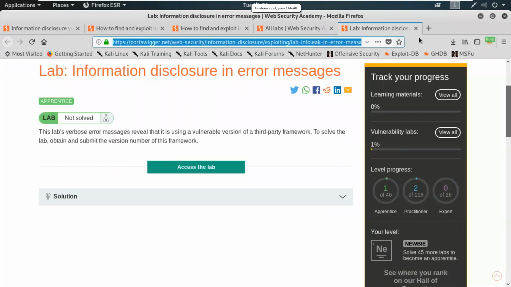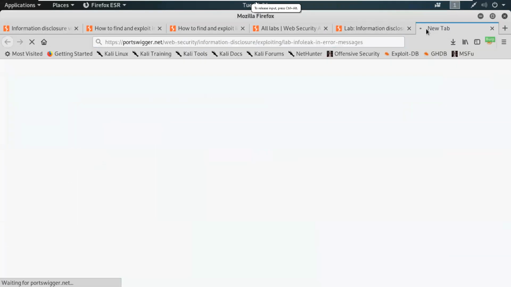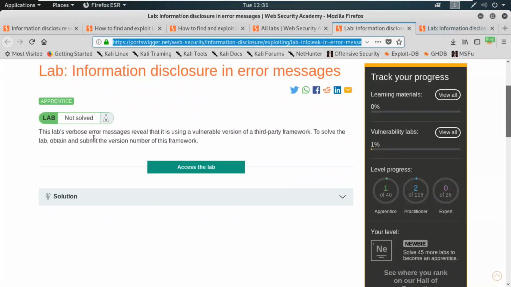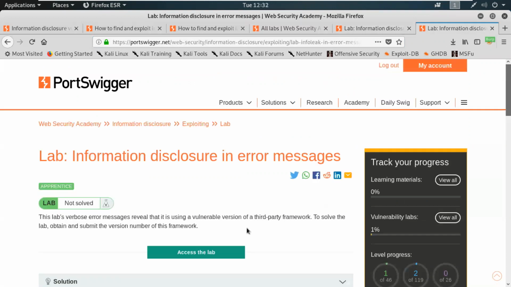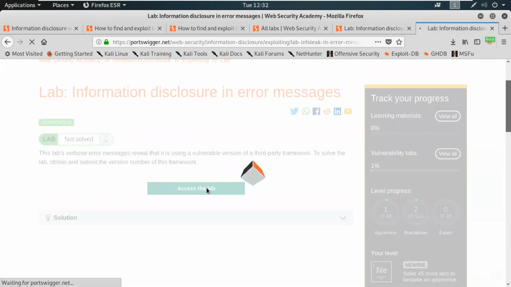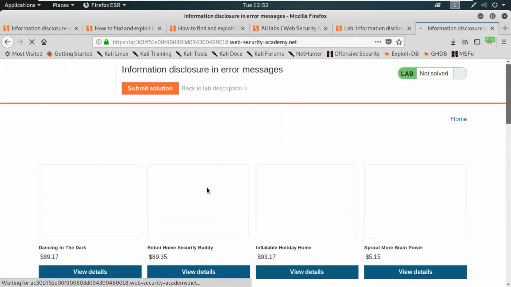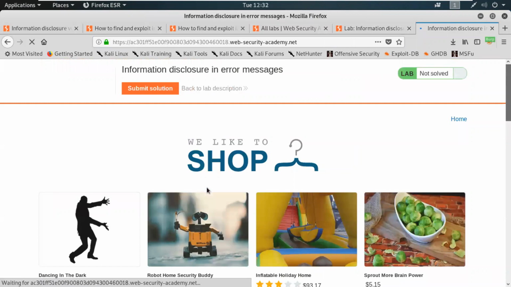Let's copy this one over here. The lab: verbose error message reveals information about a vulnerable version of a third-party framework. Let's try to access it.